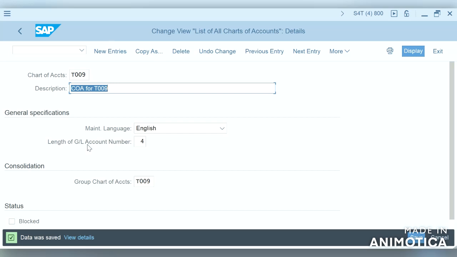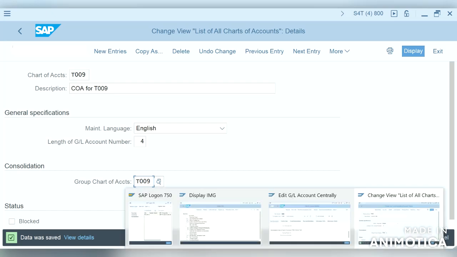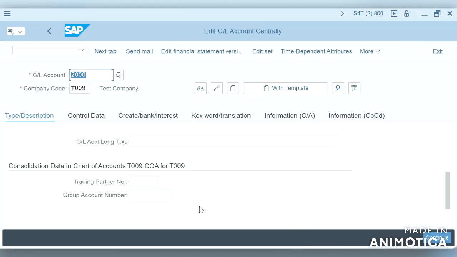I updated the group chart of accounts with the same, our operating chart of accounts. But basically we can create our own group chart of accounts and even assign the created chart of accounts here. So after updating the group chart of accounts, we were able to see the group account number in the GL account master data, which makes sense.